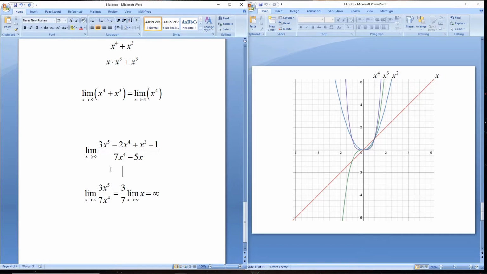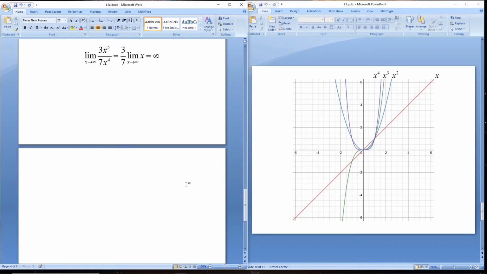Now notice in this case, the dominant term was in the numerator, x to the fifth. The dominant term is the term with the highest power. So 5, the largest power here. So 5, the dominant term, was in the numerator. So let's check out